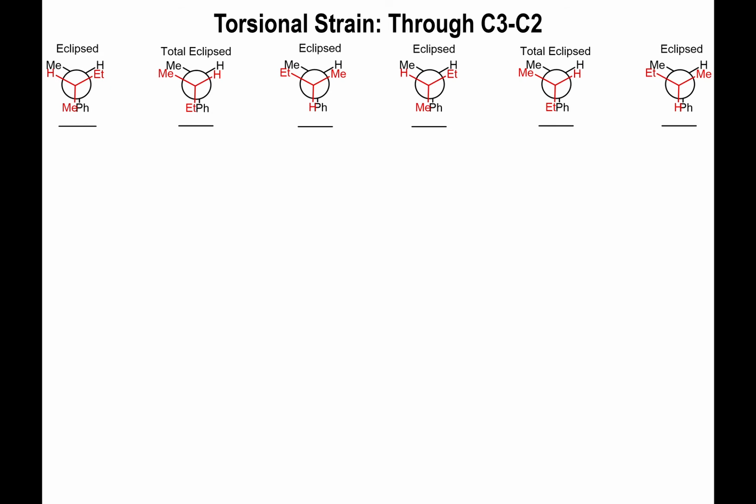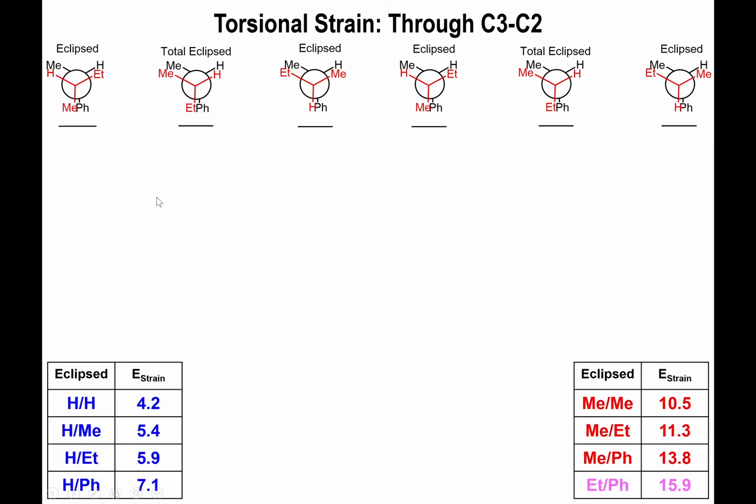Now we're going to do the same type of analysis, but this time for the eclipse conformations. And these are actually a little bit easier because you only have to consider 3 things. You have the interaction of hydrogen on top of methyl, hydrogen on top of methyl, or methyl on top of phenyl. There's only 3 things you need to consider. And if we look at the values for the eclipse conformations, which are all higher than the ones for the gauche or staggered conformation,